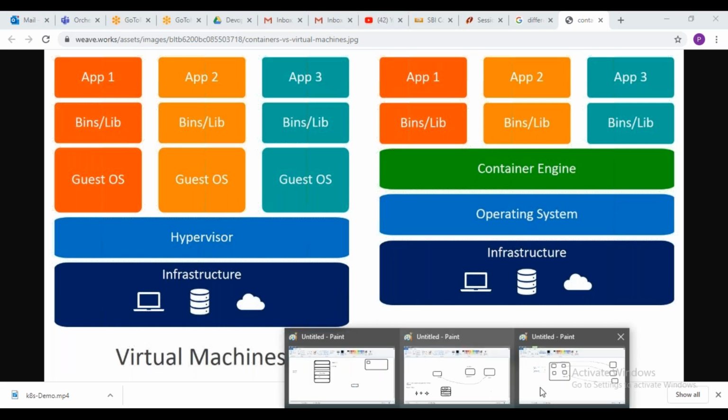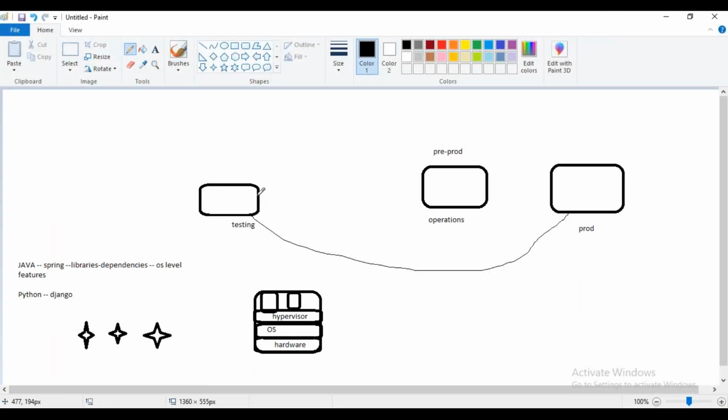Even testing folks can run it nowadays, even on Windows 10. You can locally install Docker and test it. But in real-time enterprise organizations, they might have some environment setup, on top of which we can deploy the Docker containers, and these folks can do the testing on that. So that image contains everything. We don't need to separately install the packages inside the containers. Everything is ready with the dependencies.